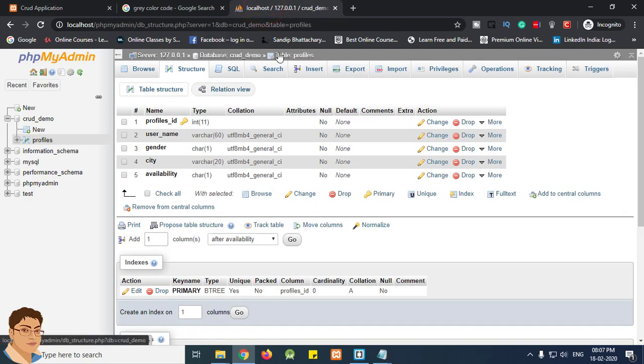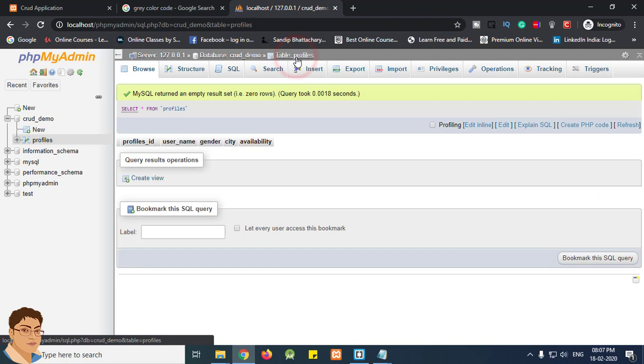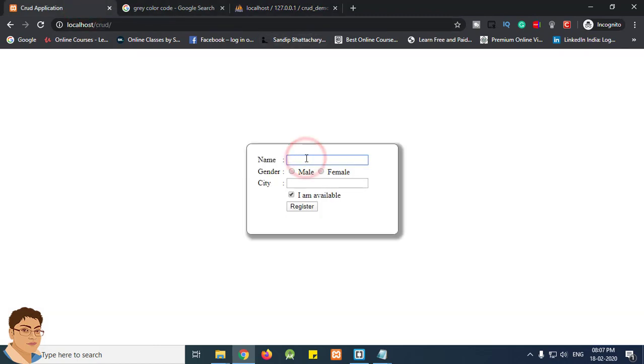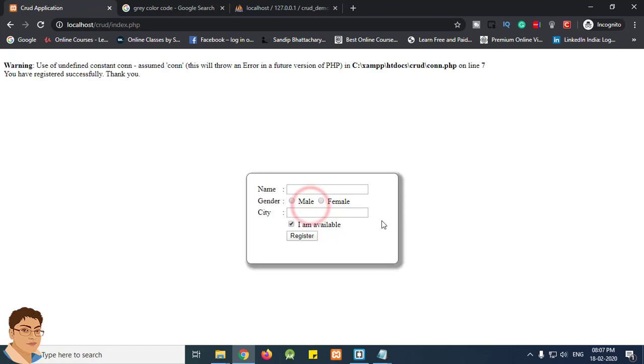Okay, let's see if there is any record now inside profiles. Select star from profiles. So this statement returns the records that is there in the table profiles. So there is no records, as you can see. Now if I add one record by name Sandip, male, city Kolkata, and availability is selected by default or checked by default, you can say. Now if I press register,